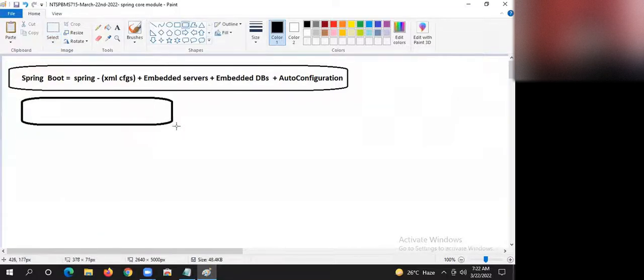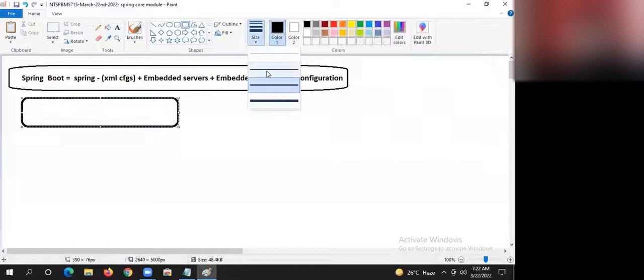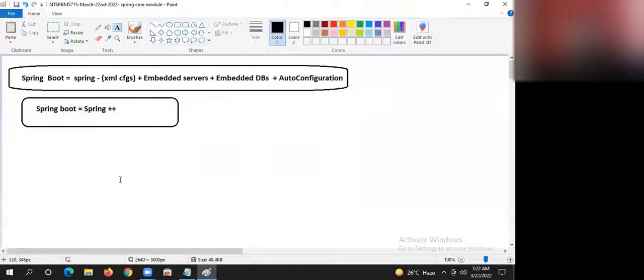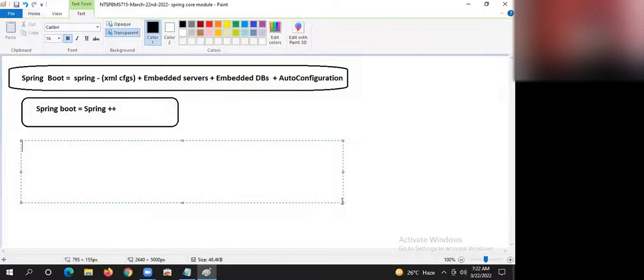Spring Boot is equal to Spring plus plus, Spring and many things else. Got it? Now tell me, what is an embedded server?